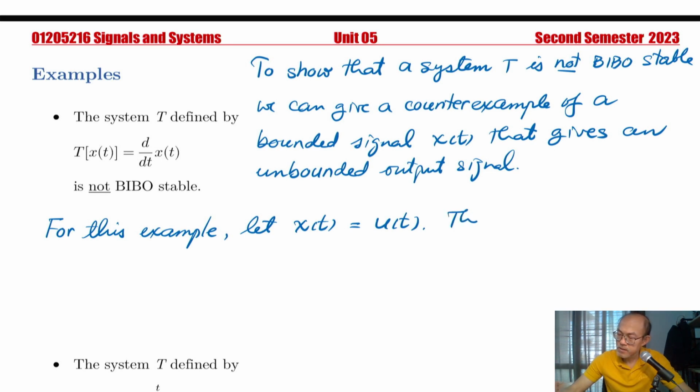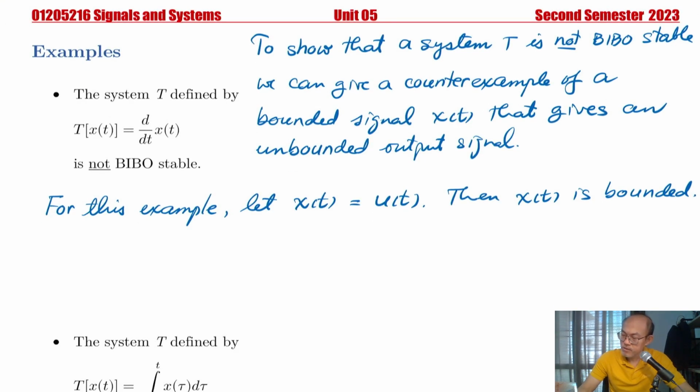Then we can easily see that the signal x, which is equal to the unit step signal, is bounded, right? x is bounded. The reason why it's bounded, I'll let you think about it. Okay, it's not difficult at all. Now x is bounded, but then